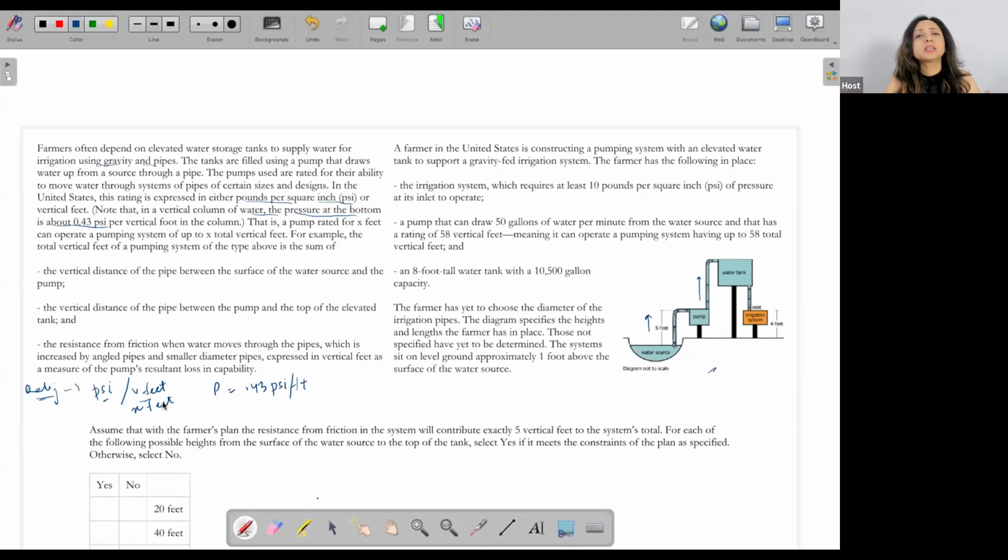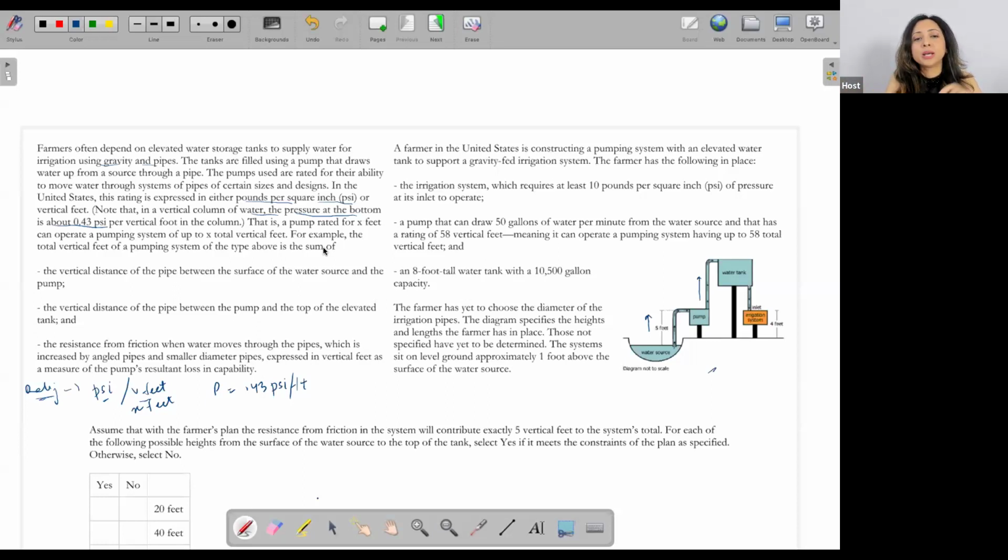Guys, try to visualize whenever you're given some data, because GMAT has a lot of questions from real life. It'll help if you visualize it. The words are not just words, they'll make sense to you. So here I'm thinking, okay, rating of a pump. For a lot of machines we may buy, there's going to be a kilowatt rating or some kind of rating, right? So I'll decide what kind of machinery I want to buy.